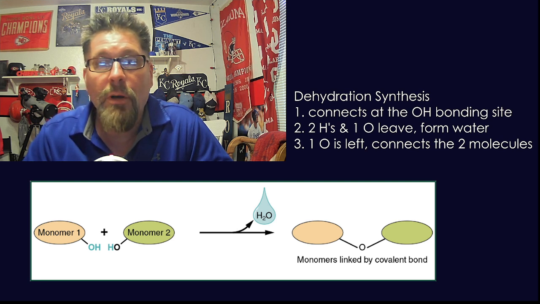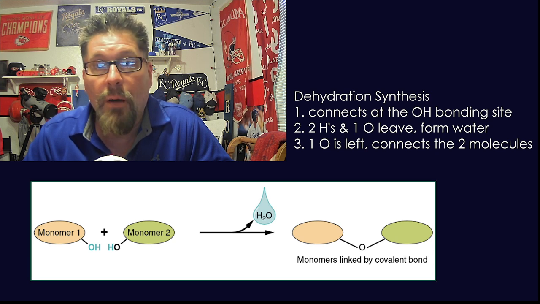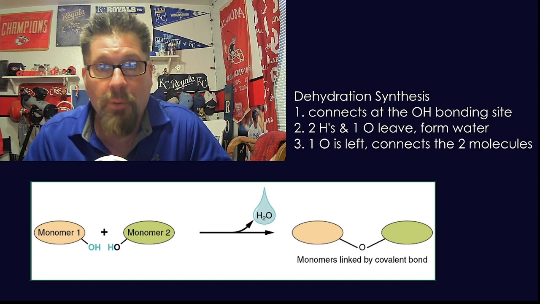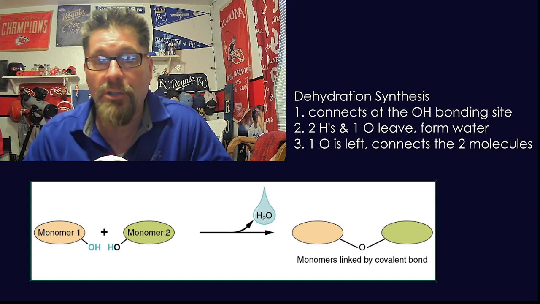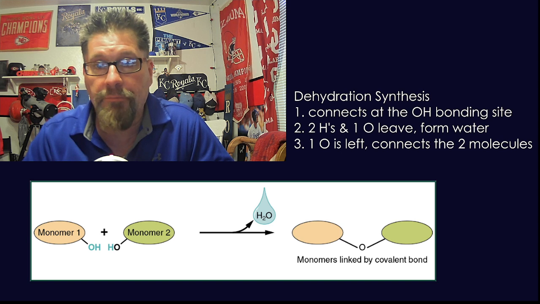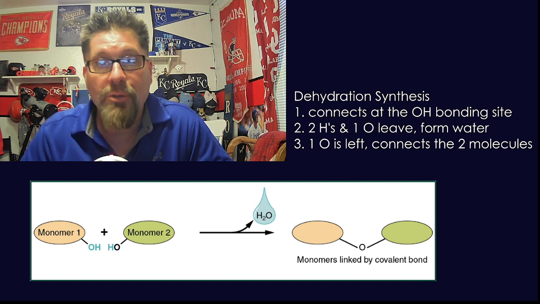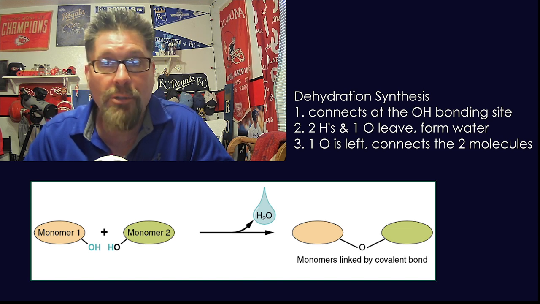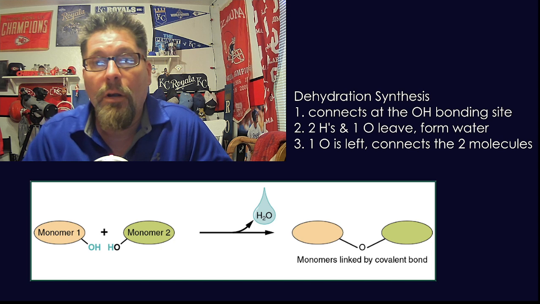But you have two monomers, okay, and they each have those OH bonding pairs, which are the attachment points, which are the trailer hitches, as we just mentioned. They each have one of those, and that is at the point that they're going to connect. They're going to bond together. Okay, and in that process, when they bond together, you can see the letters in blue. You have two H's and an O. And hopefully, whenever you hear two H's and an O, or H2O, you understand that water is being made there.